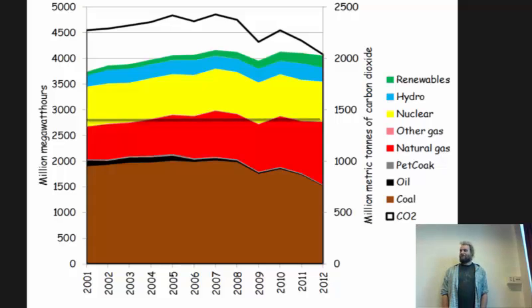Oil is phased out. Oil is the silly thing to make electricity from. But what you see is that the brown has come down, coal has come down, coal and gas together have stayed the same roughly, and so gas has taken over from coal, and that's because